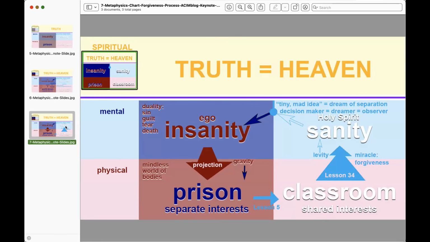But then the shared interest thought system is already basically the first important step toward forgiveness, of seeing that I can't really afford to blame anyone else because they're in my mind, and with the Holy Spirit's help, I can forgive myself, because of that feeling of levity, of suddenly, aha, there wasn't anything to my own self-condemnation either, let alone the condemnation of others, that both of them were correctable errors. So just another variation on that. So meanwhile, back at the ranch, any comments or questions on those so far?